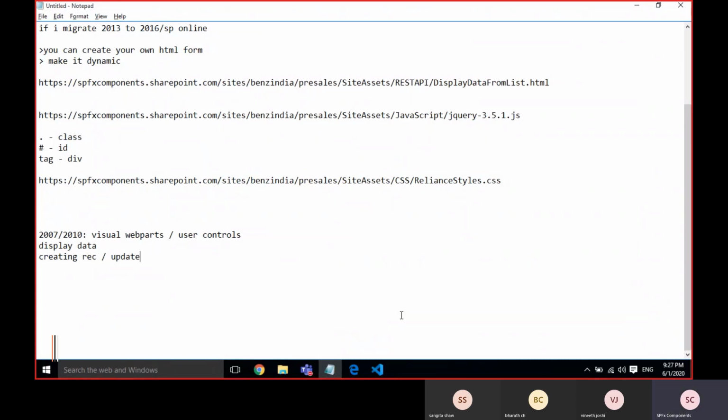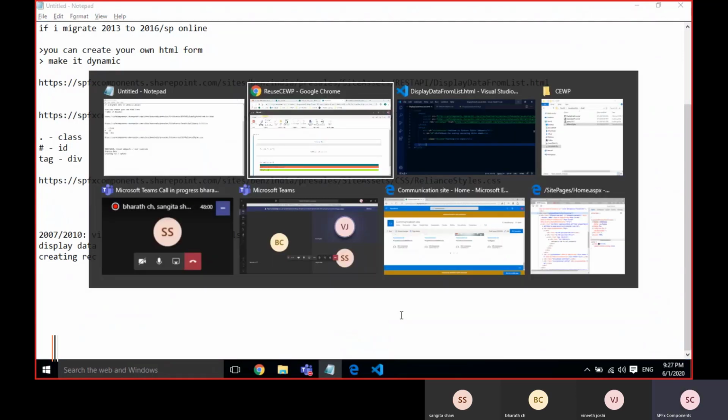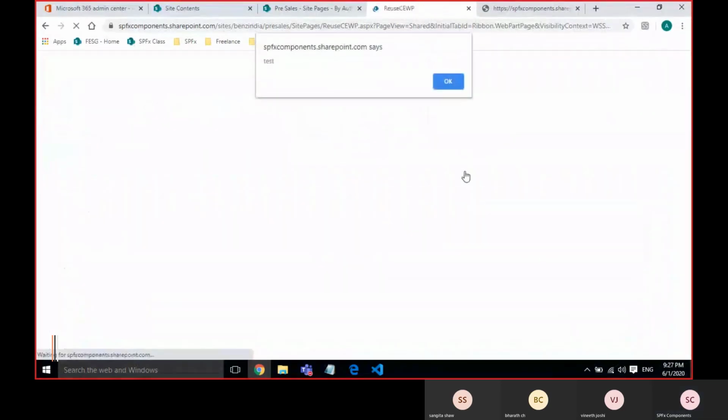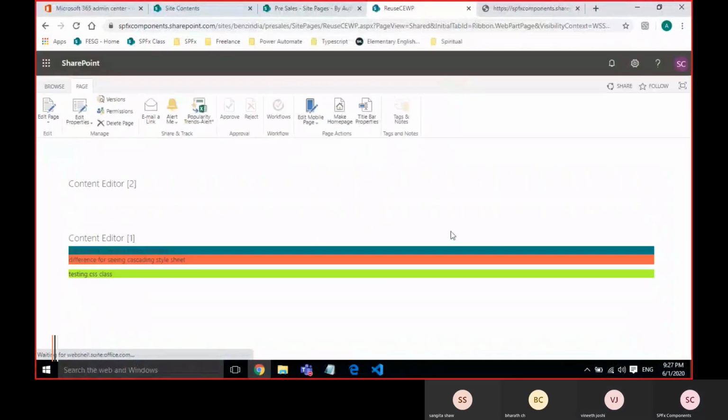We are just directly injecting the HTML, JavaScript and CSS files. So they gave the template. We'll call it a template, the content editor web part. Within the template, we'll just refer our code, whatever the files.